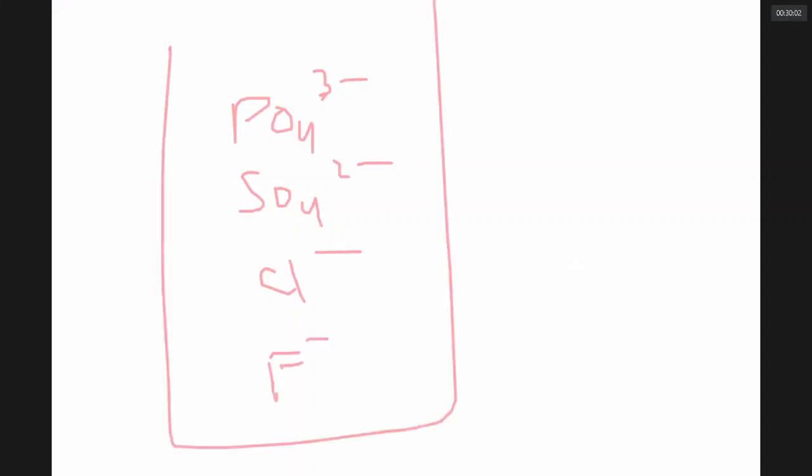Thank you very much. So we talked about the Nernst equation and its application, and we understood what concentration cells are. Now, there are so many ions in the electrochemical series. You have phosphate ions, sulfate ions, chloride ions, the fluoride ions. If all the anions are subjected to electric current, who will lose the electrons first?